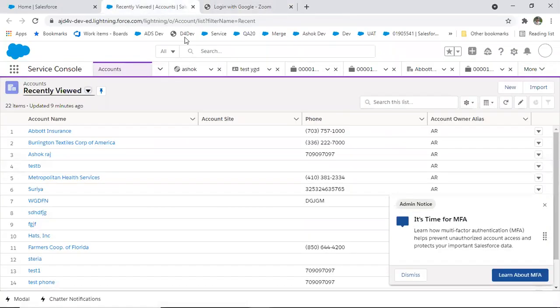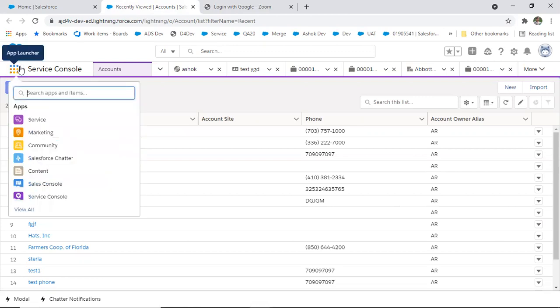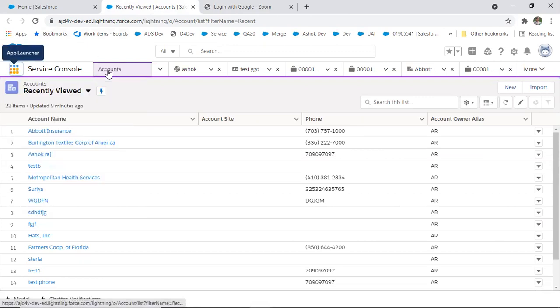Okay, we were discussing how MRF is going to use Salesforce. So basically, for MRF or any company, this is how their Salesforce will look, how we use our regular Salesforce. Assume I'm an MRF sales representative or sales manager. If today I'm logging in, this is how my screen will be visible here. As I mentioned, assume that MRF is holding some agencies. See here: About Insurance, Burlington Textile, Metropolitan.